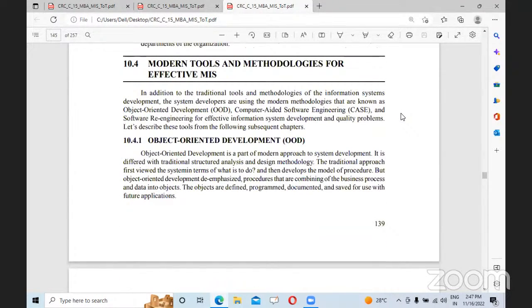And what are the different modern tools and methodologies for effectiveness? First one is object-oriented development. Object-oriented development is a part of the modern approach to system development. It differs from the traditional structured analysis